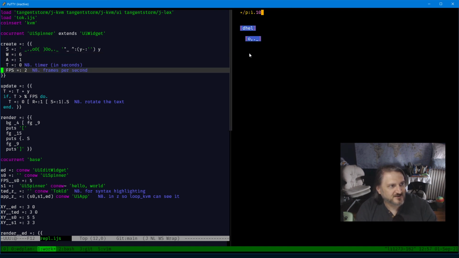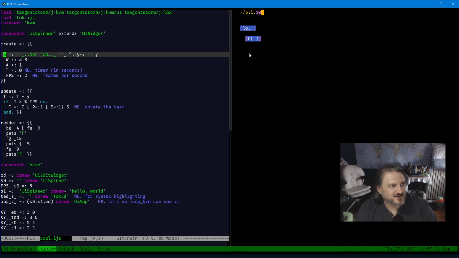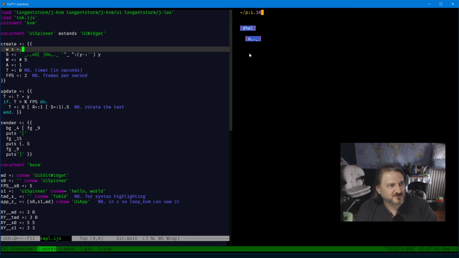No. Really, we want 2 arguments to this. You'd want to pass in the width and the string. So to do multiple assignment in J, you say width and string is equal to,